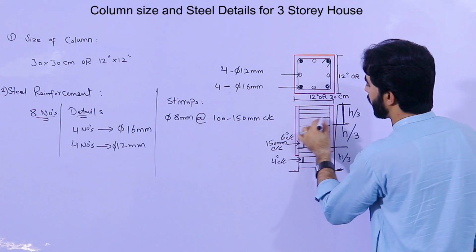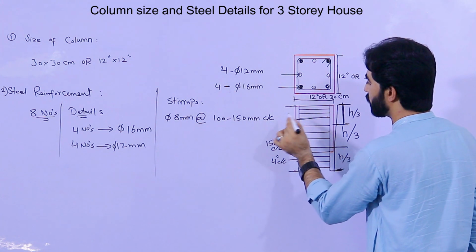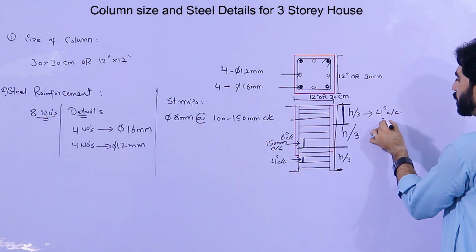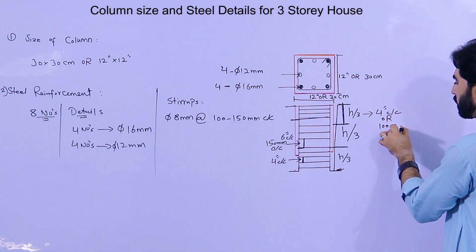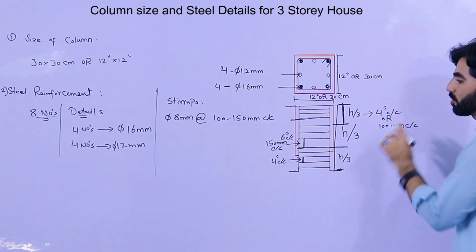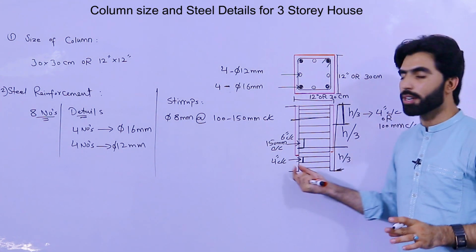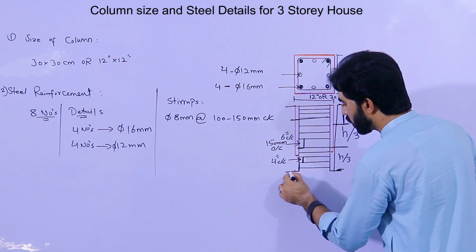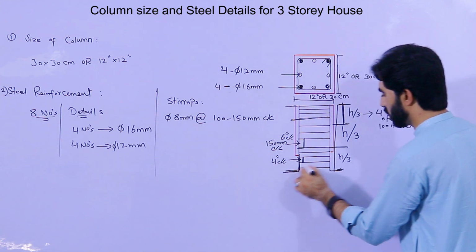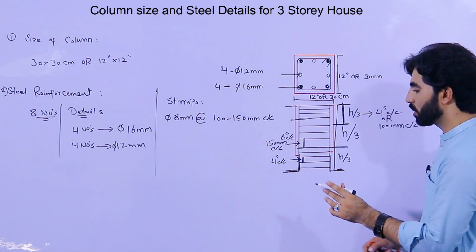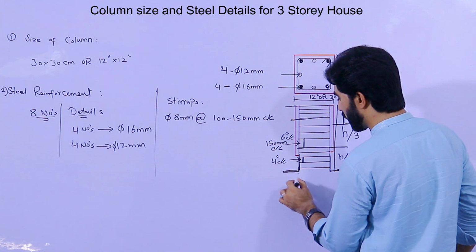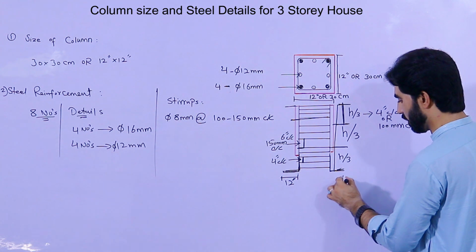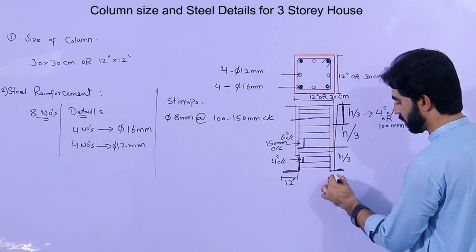After that, again the spacing of the stirrup should not be more than 4 inches, or 100 mm, C/C. So this is the stirrup design for the column. Now guys, at the bottom, on top of the footing mesh, the development length should not be less than 12 inches. It should not be less than 12 inches, the development length, or this bend.